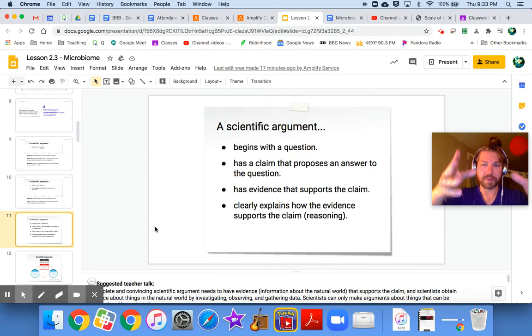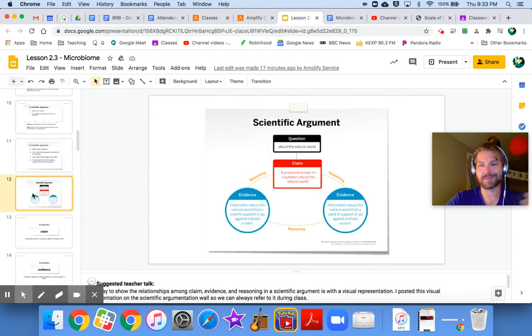Oh, well, this bacteria has been known to cause sickness in people, the same type of symptoms that we saw in patient 23. Oh, okay. Now I get it. Now I understand. A lot of times people forget to throw that reasoning in there. And it really just not discredits the argument, but it doesn't make it as strong.